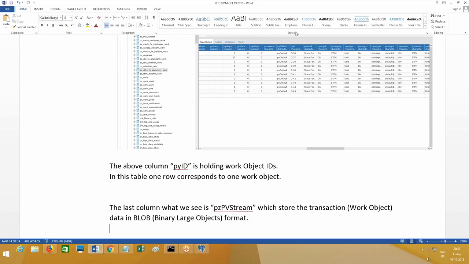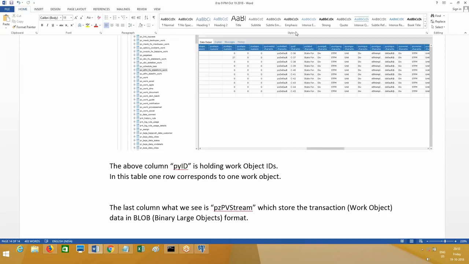The table where work objects get stored is generally called the work table. The ID will be available in the PYID column. Data will be available in the pzPVStream column, in binary large objects format, for the purpose of compressing the data and security. So if you write a normal query, you cannot retrieve the transaction data.